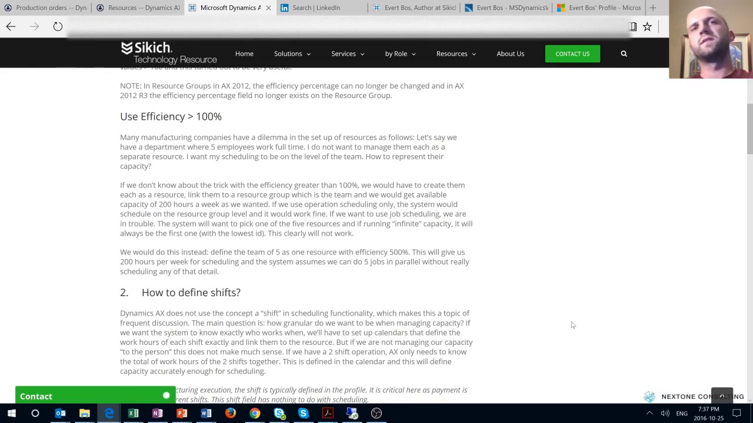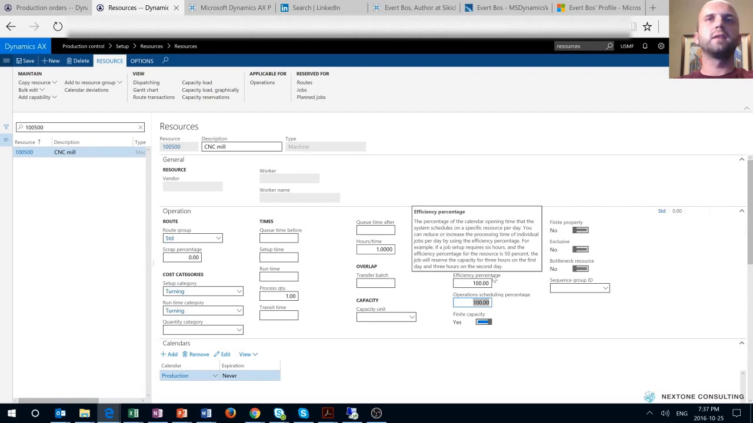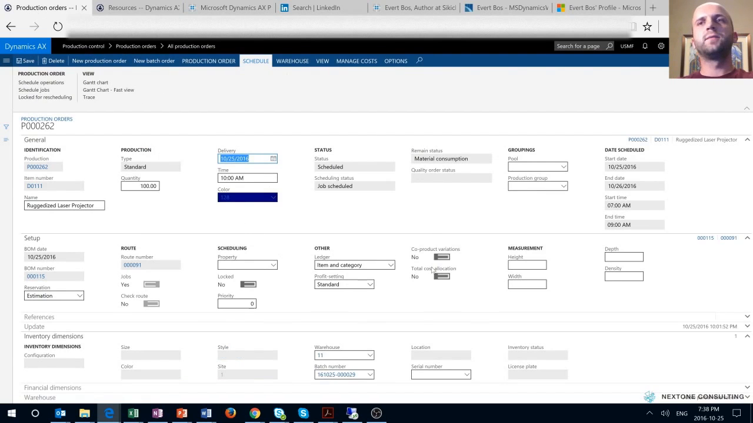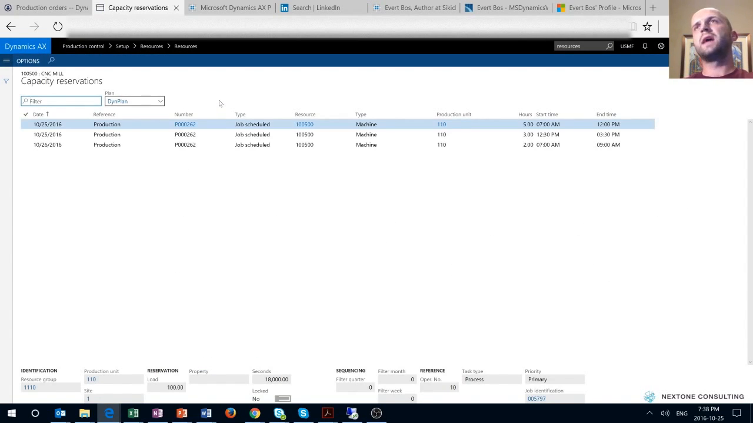The next section of this article is talking about efficiency over 100% to represent shifts. So let's take a look at an example representing that. I have changed the efficiency on my resource back to 100%, and I have increased the quantity on my production order from 10 units to 100 units. When I run job scheduling and review my capacity reservations, I can see that in order to produce 100 units, I need 10 hours. And because I only have 8 hours available per day for that resource, reservations were created